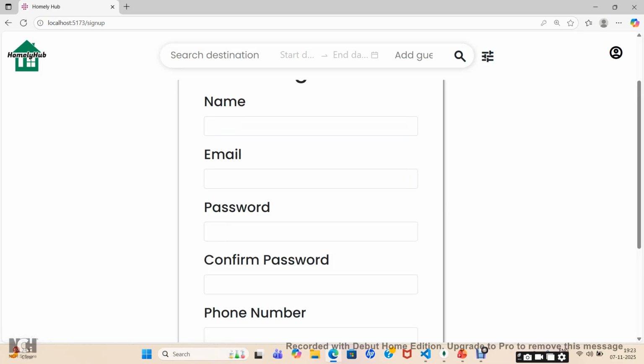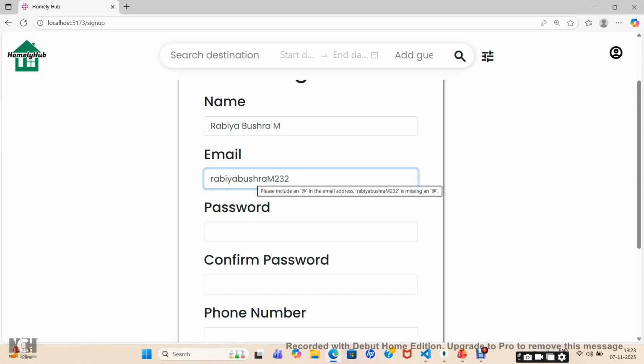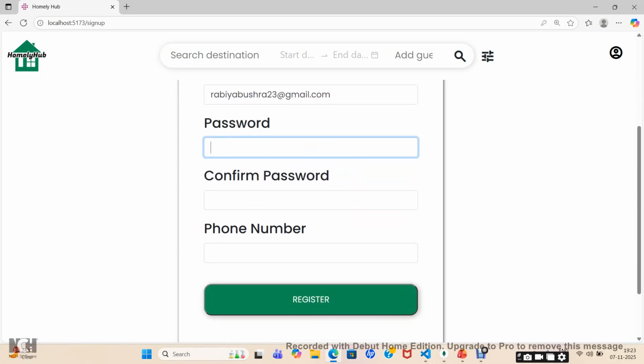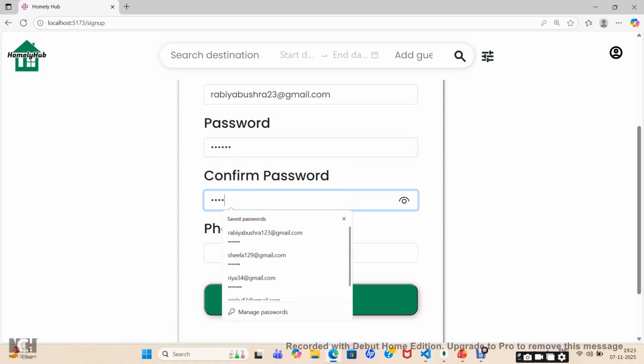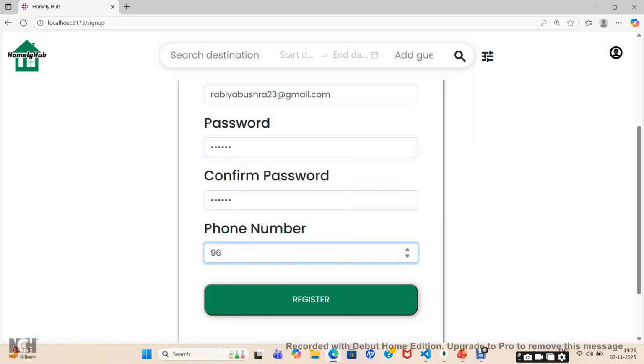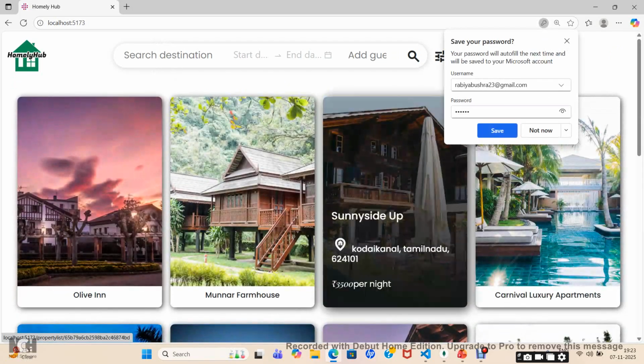So to show a new user, I just go by name Rabiya Bushra M. Email is, password of our choice, also confirm the password, phone number. Then register. Once you're registered,